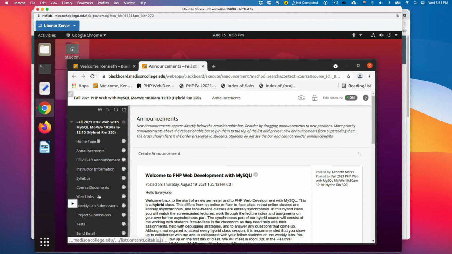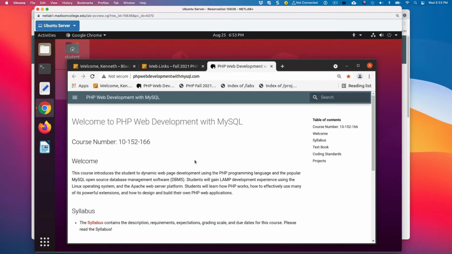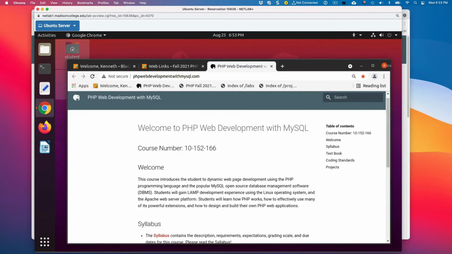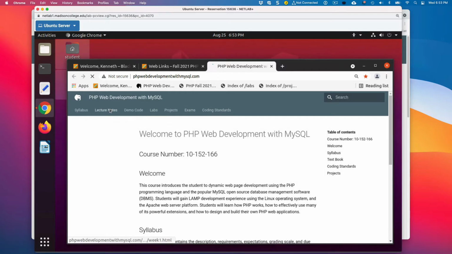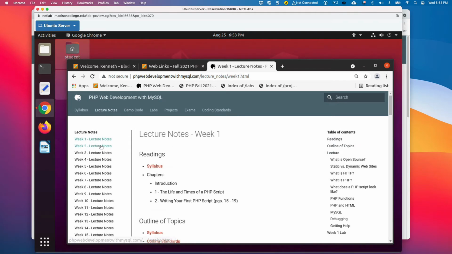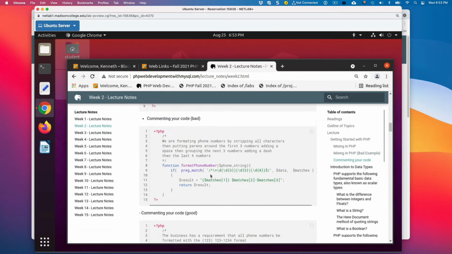And so if you forget what our lecture notes site is, because I need to get this off the lecture notes, you can click here. I actually put a shortcut over here. You can do that as well. So that takes me out to the lecture notes. And let's make that a little bigger here. And we'll go to the lecture notes. Come on down to not week 1. We want to go to week 2. And let's go to the